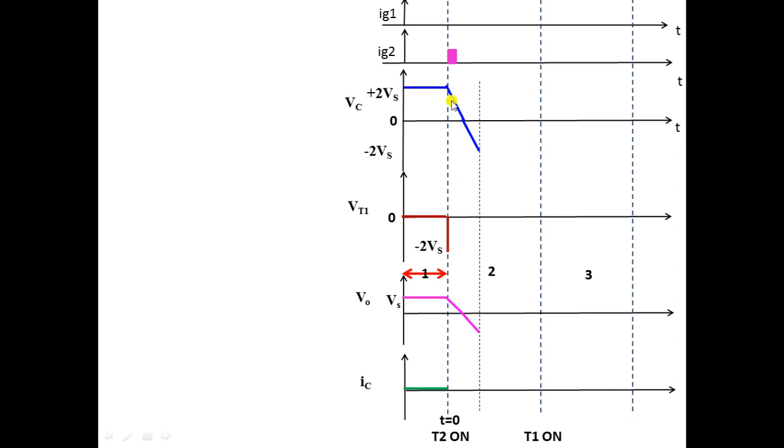Okay, so as the capacitor voltage is changing, the output voltage is also changing, and whatever is the capacitor voltage, half of that voltage appears across the output. And the capacitor current is developed. Capacitor current is established in the circuit, which is minus IC. When this charging and discharging is happening, that is when the voltage across the capacitor is changing, there is a current established in the circuit, which is minus IC, which is like this.